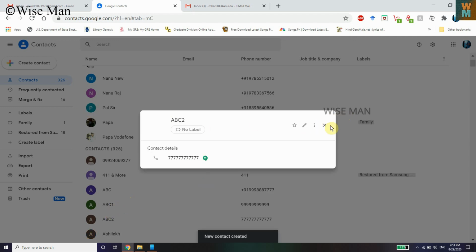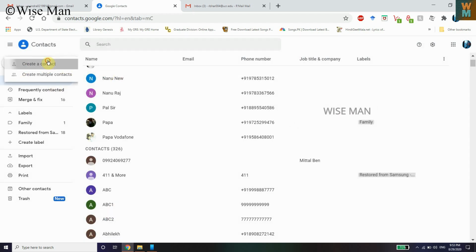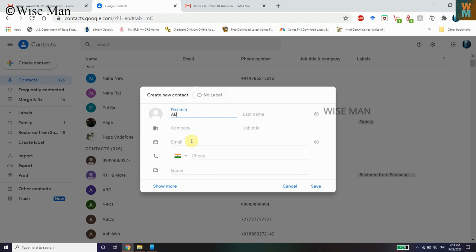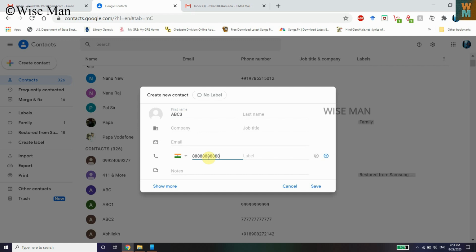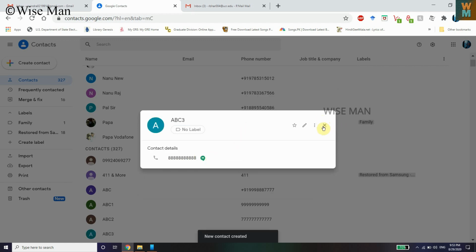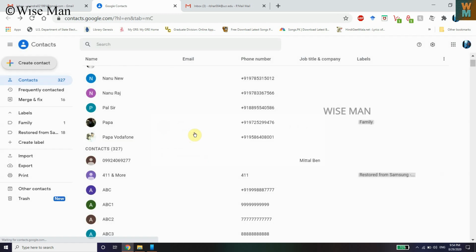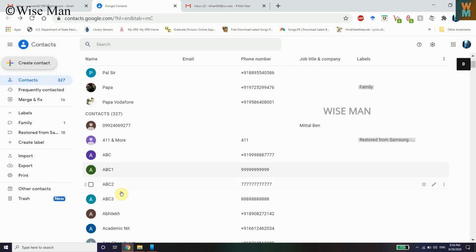So I have created 2 contacts. Let's create one more, ABC3, give a phone number, then save that. So if you have a large number of contacts that you want to create, you can just use your PC to create the contact files very easily.